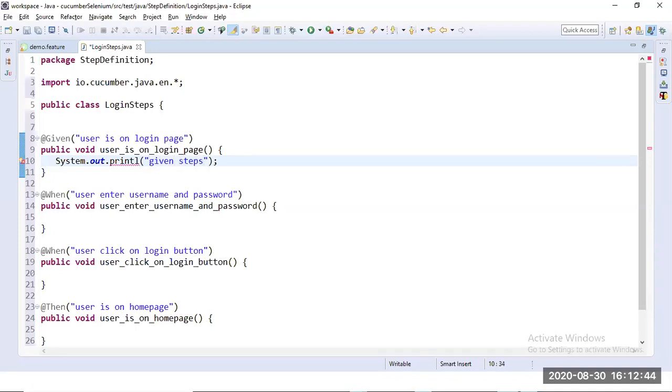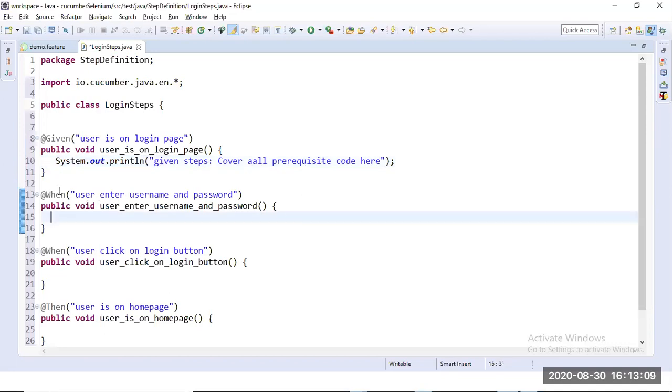These are the given steps, we'll cover all prerequisites within this given. Okay, all the prerequisites we will cover within this. So within the given condition, cover all prerequisite code here, Selenium code here.